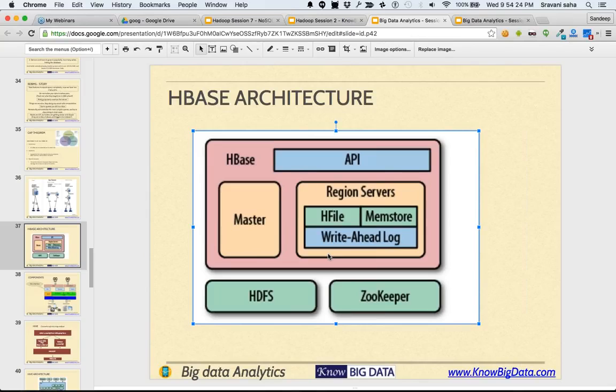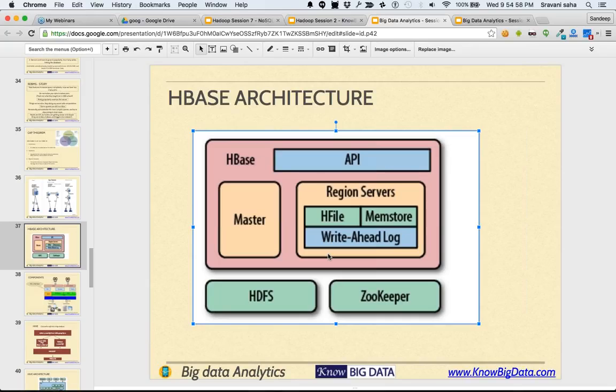Okay, so the interesting part is that initially when you create a table, there will be only a single region. Region servers are actually machines. These region servers store subsets of the rows. A big table is broken down into parts and is stored on these region servers. And again, region servers store data in HDFS. Therefore, each section of the data is going to be copied and kept backed up by HDFS.